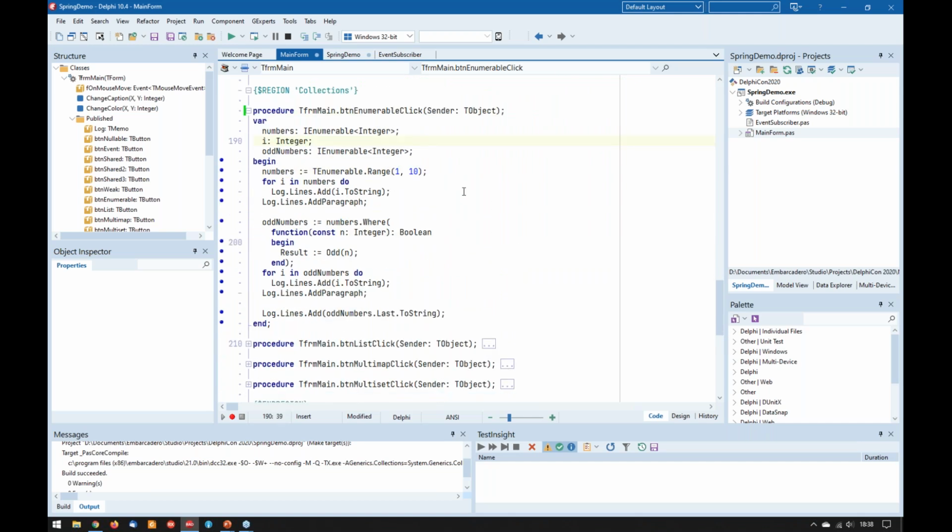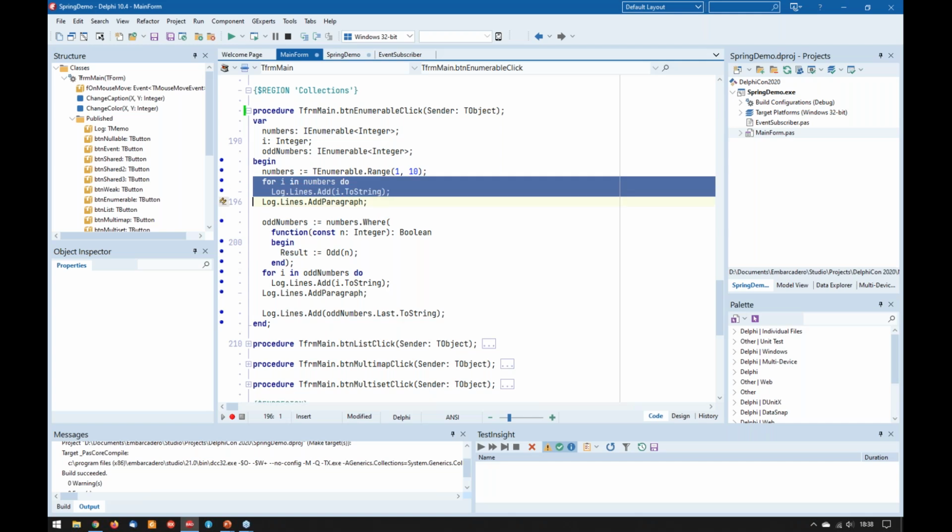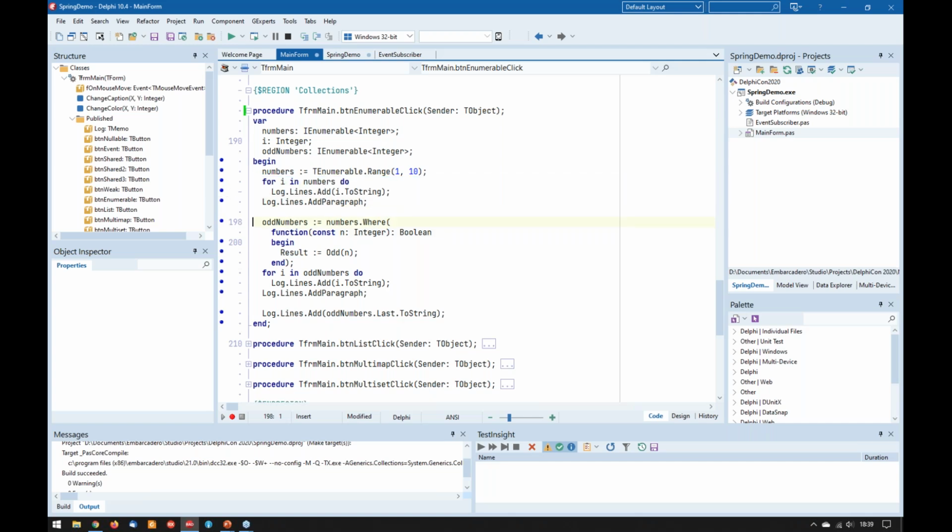So let's look into our enumerable. I have my numbers here, which is an enumerable of integer. And I say, simply, give me 10 numbers. This is the start, and I want 10 elements for it. And then I can simply iterate over those items and print them out. I can also add